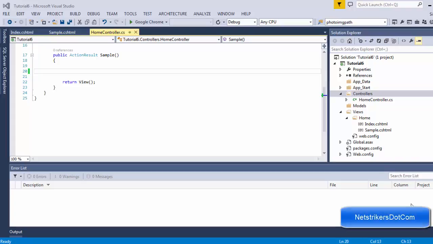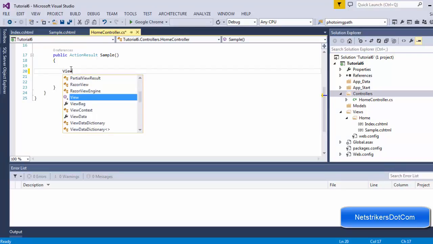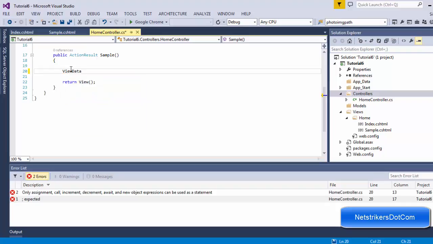This is just a lab demonstration for the continuation of the previous tutorial in which we learned about ViewData, ViewBag, and TempData. So let's understand in a practical way how we can use ViewData, ViewBag, and TempData. Let's get started. In order to use ViewData, you just need to type ViewData along with